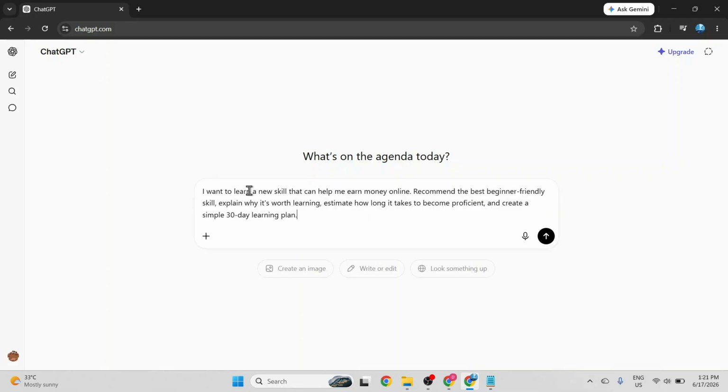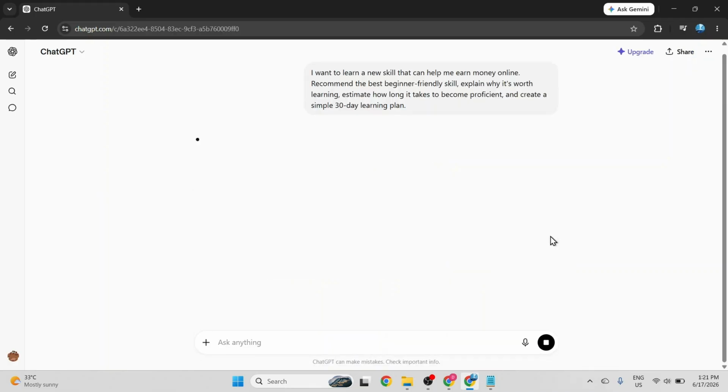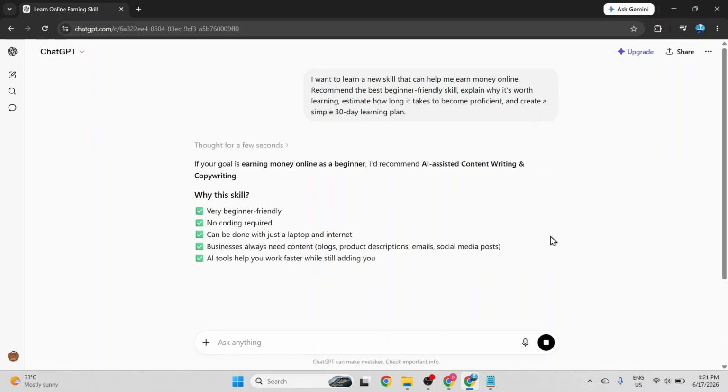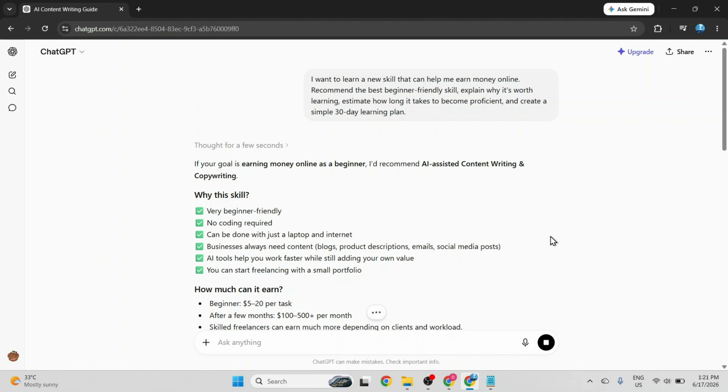I enter a long query asking for a beginner-friendly skill to earn money online, including an explanation of its value, a proficiency timeline, and a 30-day learning plan. After typing, I click the up arrow icon to send the message. As I scroll down through the response, we can see it provides a detailed timeline and a 15-day learning plan